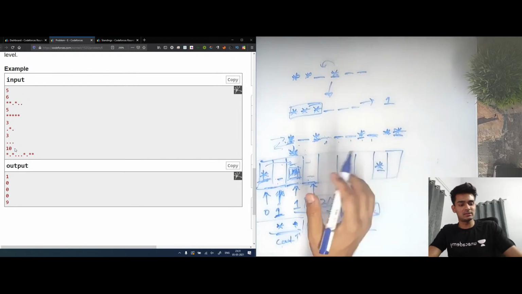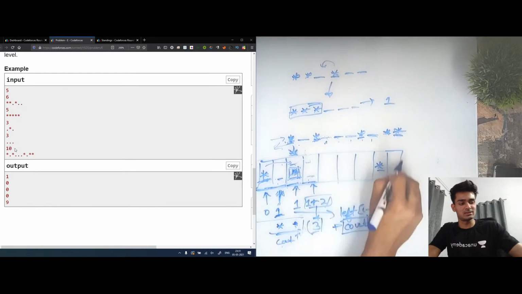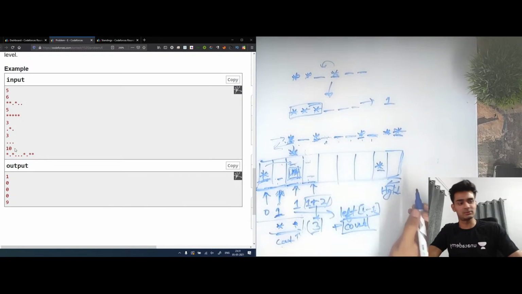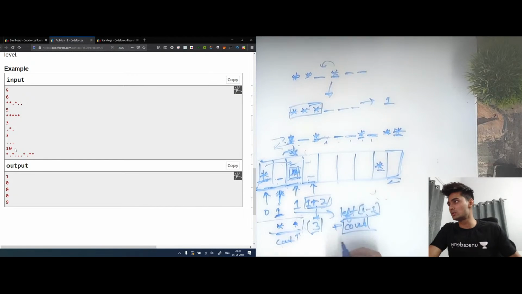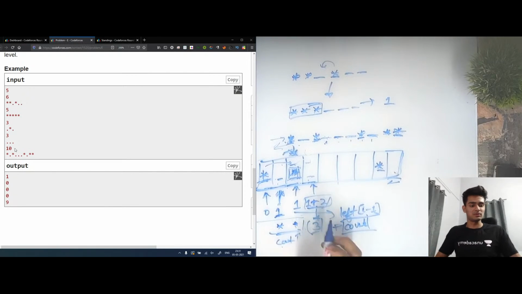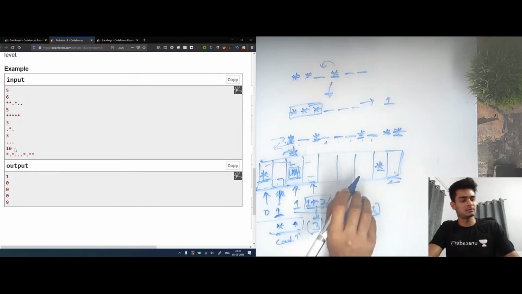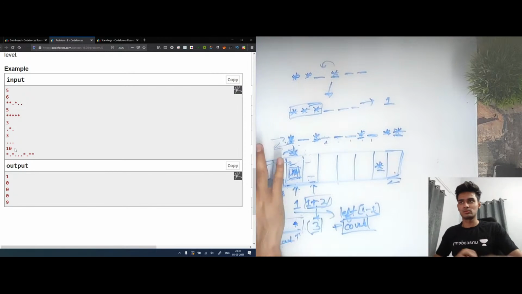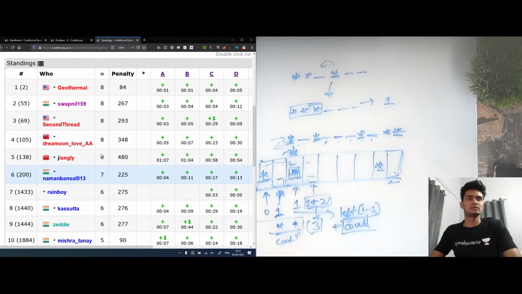And we can have a similar approach for the right as well. One way would be to reverse this array and then find the right index, or we can just have a reverse for loop as well. I hope the way to find the left and right index is clear to everybody. If it is not clear, you can let me know in the chat. I'll explain everything again, because this is something that you need to understand, and it is very useful in many places. Also, this will become very clear when I show the code. So let's just move on to the code, so that I can show how to implement this.